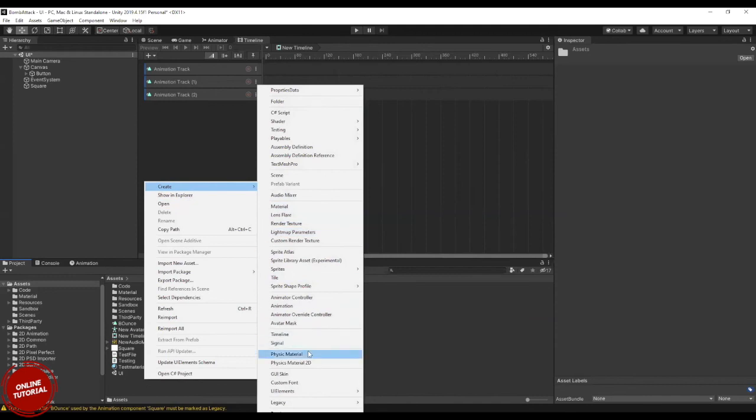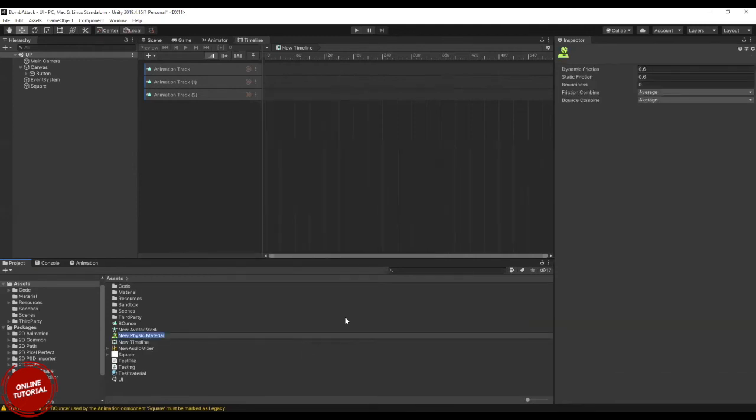This is a physical material. Imagine your application has a ball, and you want to apply a bouncy property to it. So you will have a new physical property of the object, and you can create the bounciness.